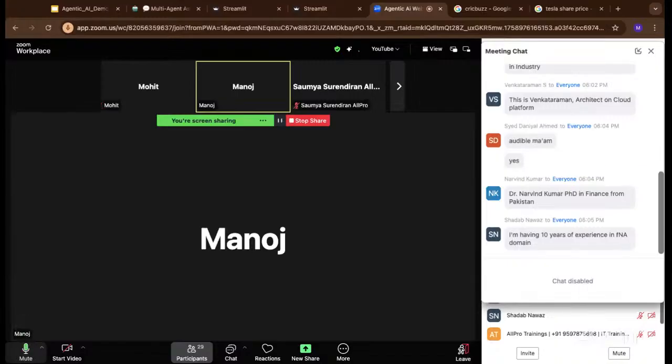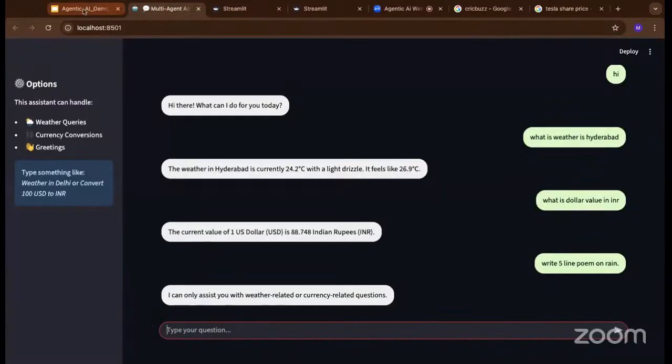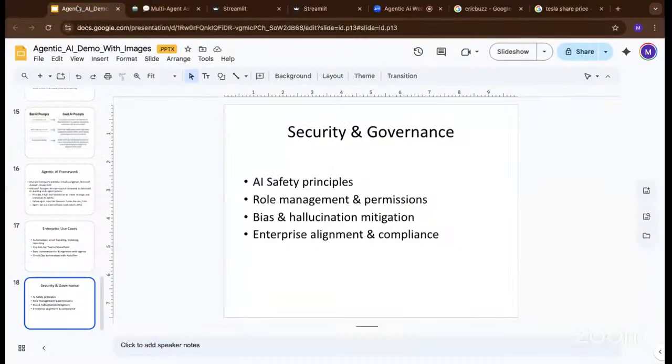Anyone can join, and there is not much prerequisite if you are just good at understanding what an AI agent is in this real world and how we are using it. So we can go ahead and learn how an AI agent actually works. If you want to actually go ahead and create,